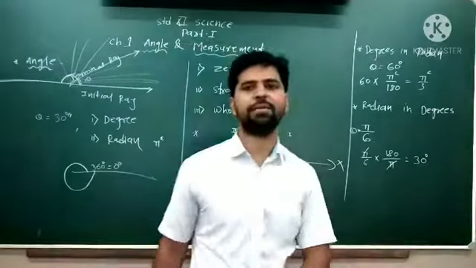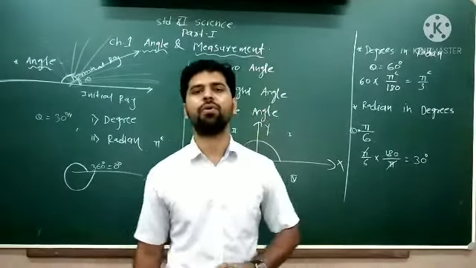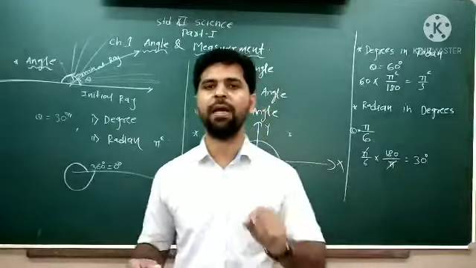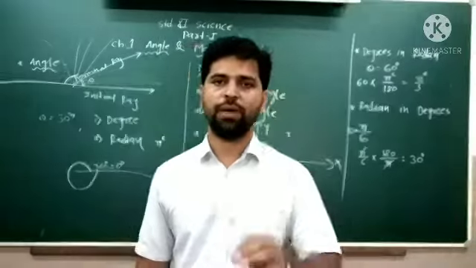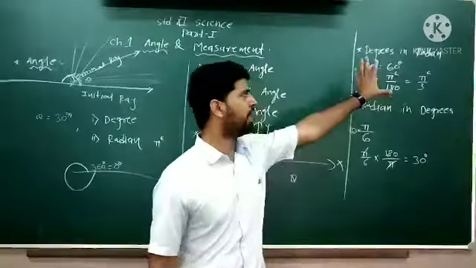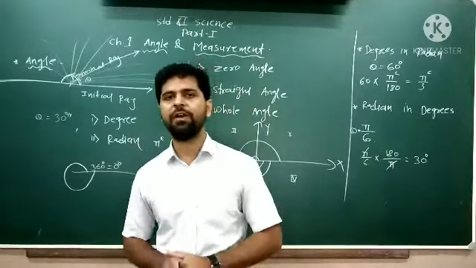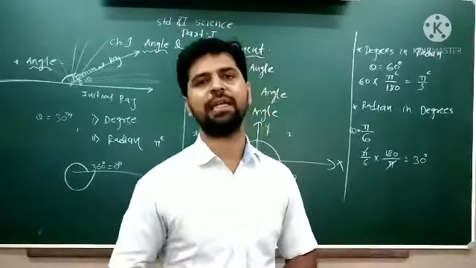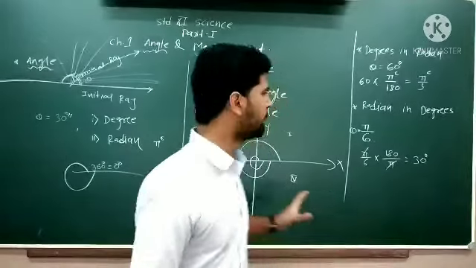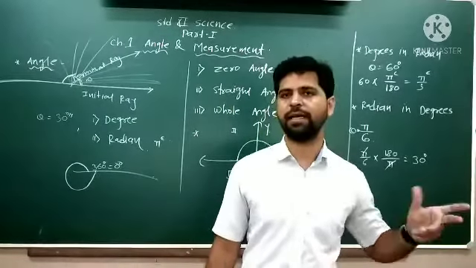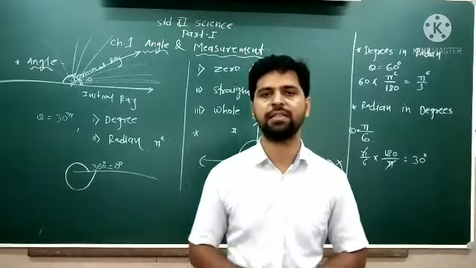The next thing we have seen is how we can convert degrees into radian and radian into degrees. If you want to convert degrees into radian, you will multiply it by pi by 180, and when you are converting radian to degree, you will multiply the given angle with 180 by pi. So this is how you can convert any angle into radian, any radian into degrees. We have a few more concepts in this chapter, but we'll see that in the next video of this chapter. Till then, do the practice or learn the types of different angle, how to convert the angle between degree and radian. Just go through all these concepts that we have seen in this first video.